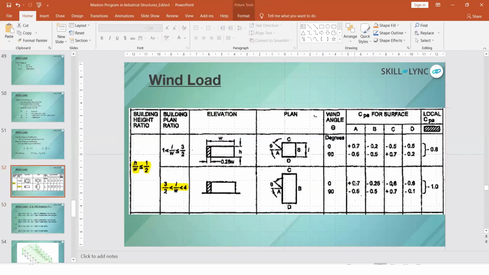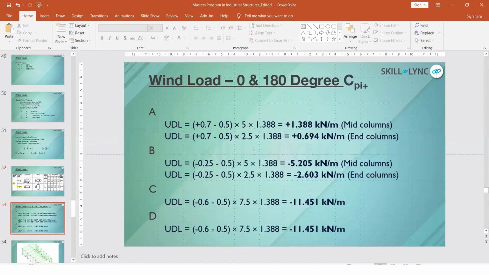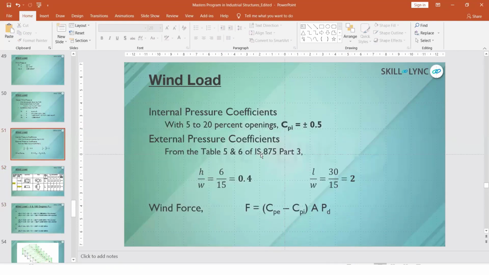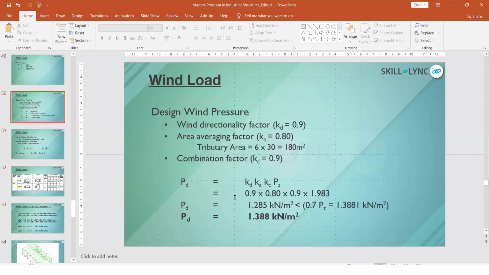Okay, this value 0.7, and the CPI value is plus or minus 0.5 that we consider. So first we have to consider CPE minus CPI. So plus becomes minus. Okay, so it is 0.7 minus 0.5 into area, that is column to column distance, into 5, into 1.388, this PD value.